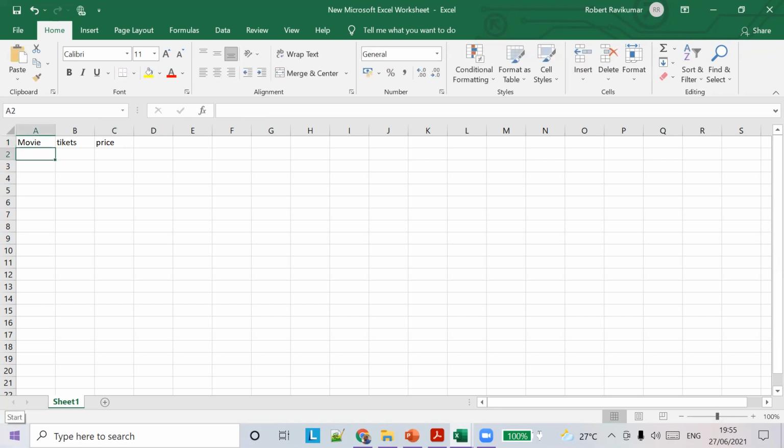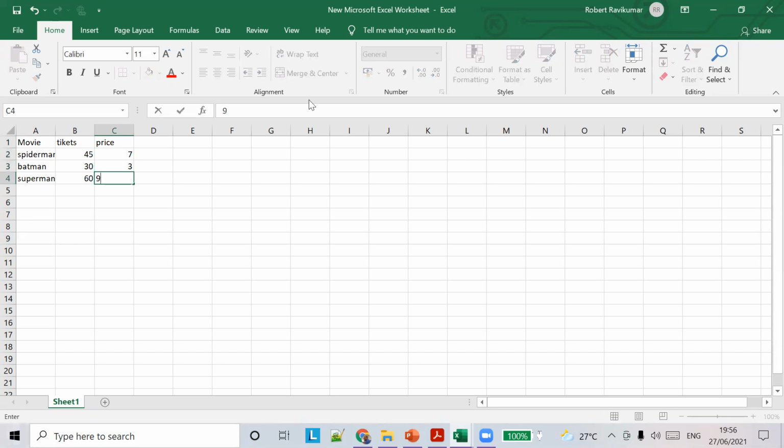So we have the movie name: Spider-Man, Batman, Superman. Tickets sold is, let's say, 45, 30, and 60. And the price is $7, $3, and $9.